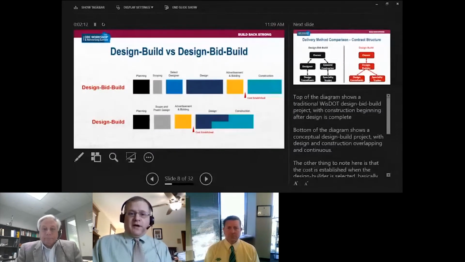This is kind of the 101 Don mentioned at the beginning of it. This is a slide that illustrates the differences between a design bid build project that we would do in a normal situation and a design build project. You can see the big difference comes towards the end there, where design and construction start to overlap a little bit in design build, and then they tend to get compressed a little bit. So there's a couple of differences. One is the duration. If you think of the duration as the horizontal axis there, the duration from planning to construction can be shorter